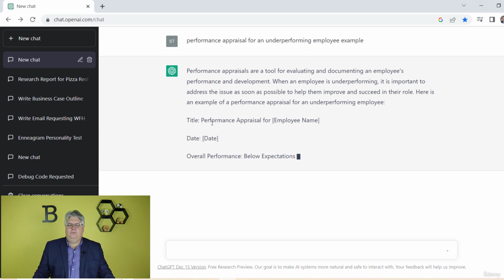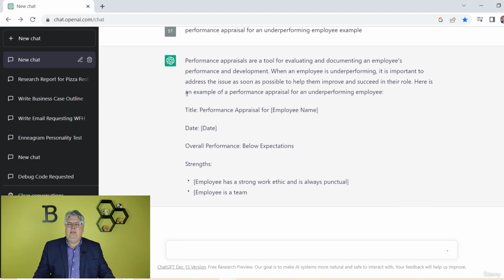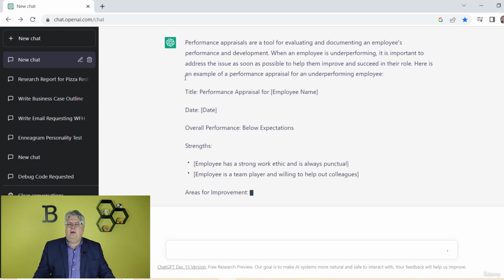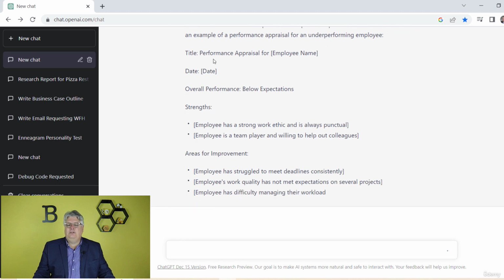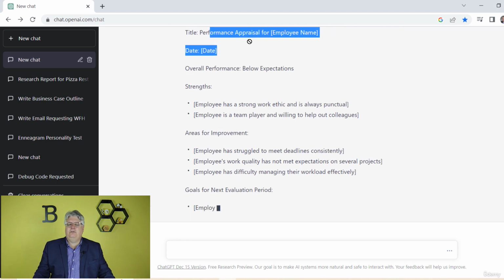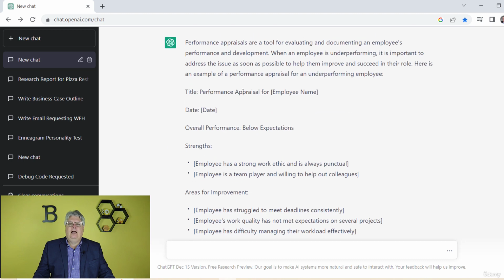So this might be a structure. If it's not a formalized performance appraisal, maybe it's an email about performance, or a written document that they're underperforming. So instead of this being the formal annualized appraisal, this would actually be better used as documentation. Like, I've had a one-to-one discussion with somebody who's underperforming, and I have